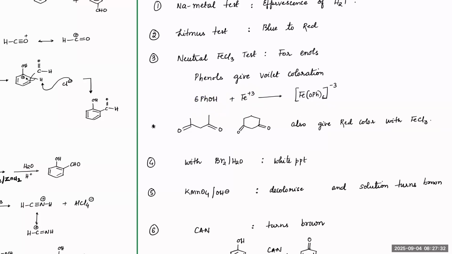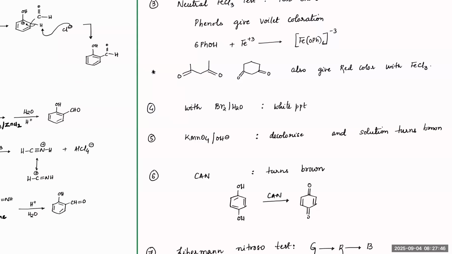And you know that phenol will have 100% enol content more than its keto content. That's why it is favoring going in this forward direction. Clear, beta? Right. Next, with bromine water, this would give a white precipitate. With Br2 and H2O, it will give a white precipitate, which we have seen earlier,